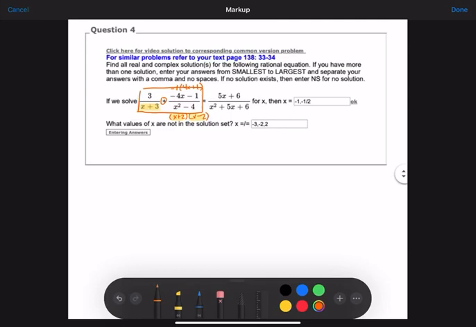So what I need to do is multiply this first one by x plus 2, x minus 2. However, to save myself some work, because you would have to FOIL out x plus 2, x minus 2, which I already have the FOILed out version, which is right here, I'm just going to go ahead and multiply. Because this has neither of those factors, I'm just going to multiply by x squared minus 4. That'll make it a little bit easier because I can just distribute here. So I will end up with 3x squared minus 12